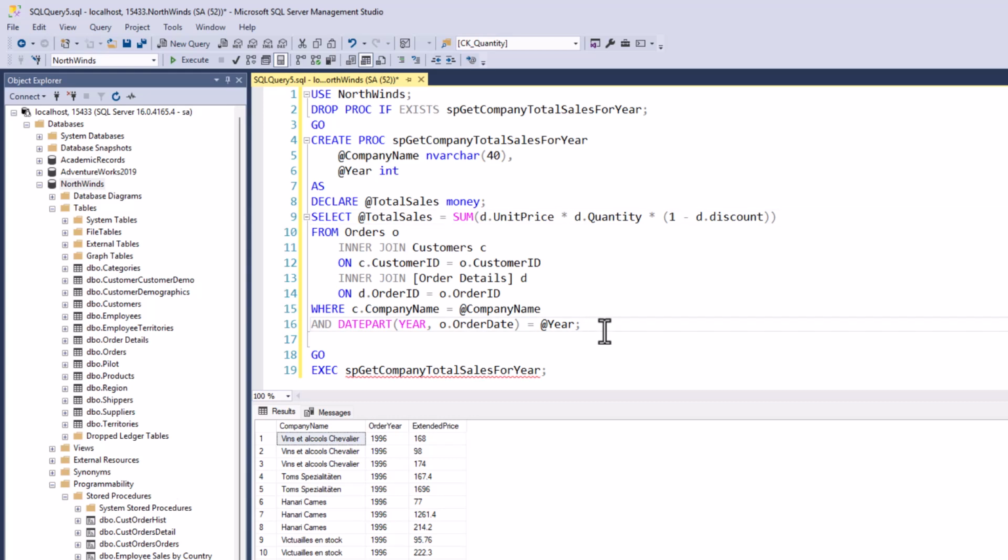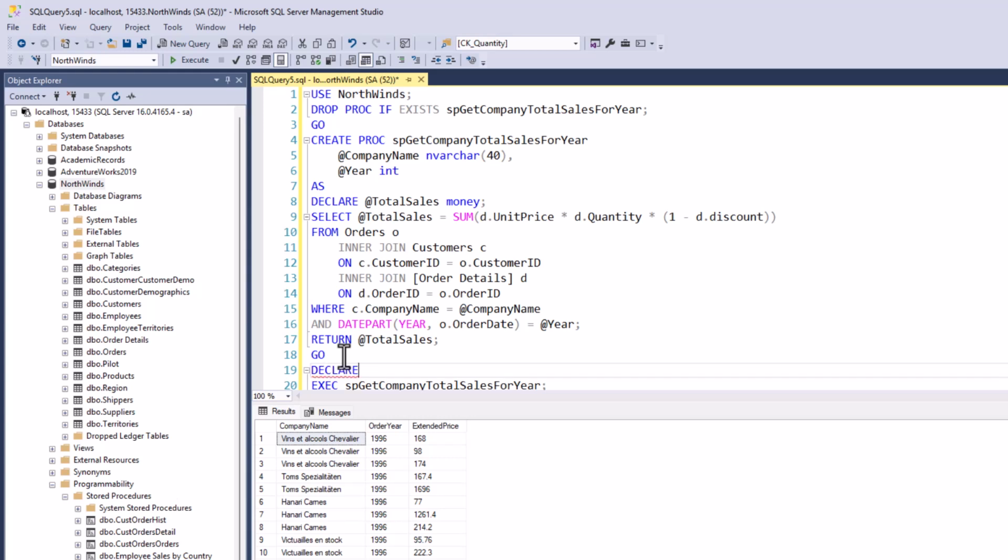But we're still not done because we have nothing being returned at this point. If we would run it, it would not show us anything. Let's go ahead and actually do a return statement here. And when we do the return, we're just going to return our total sales. And if we come down here, we have a couple things that we need to do. Let's go ahead and set up our